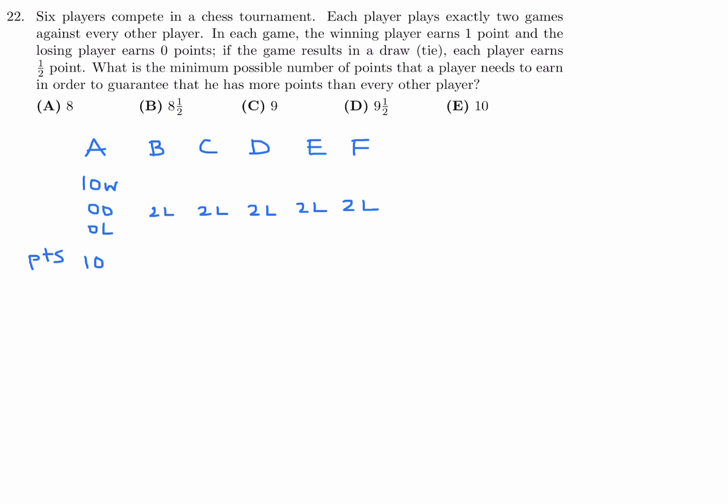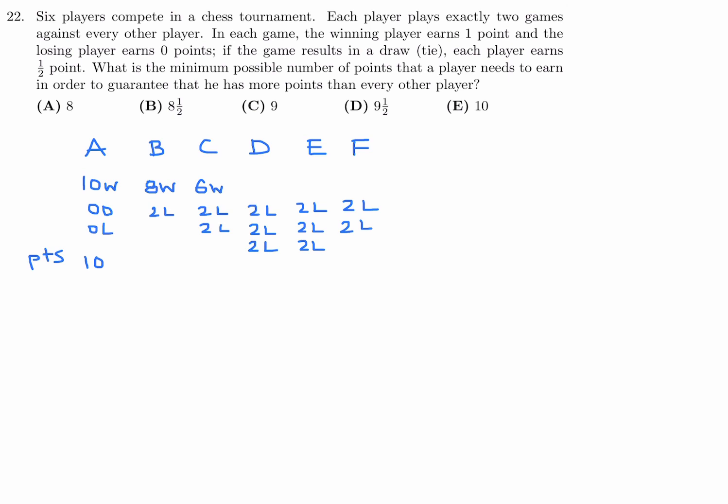Okay, now let's talk about B. If B lost 2, let's say he won the other 8. So we have to now distribute those 8 losses that the other teams had among the other 4 players. So we can distribute them evenly, 2L, 2L, 2L, 2L, like that. Same sort of scenario. If C lost 4 games, then let's say he won 6 games. We have to distribute those 6 losses to the other teams. So 2L,